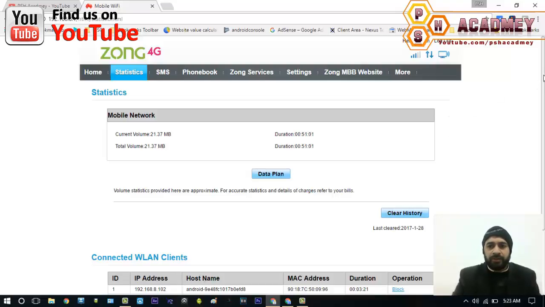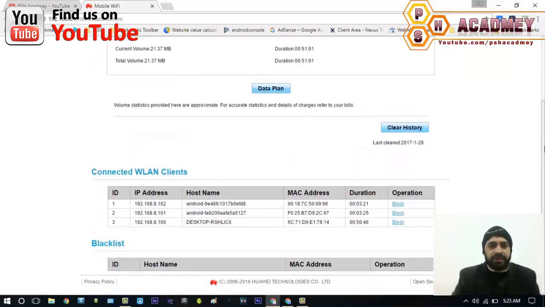From here I can now block or disable different users from this device. As you can see here, 3 devices are connected with my Wi-Fi device. 2 Android phones and 1 computer are connected with my Wi-Fi device. If you would like to block or disable one of the Android devices, you can do that from here by clicking the block link.